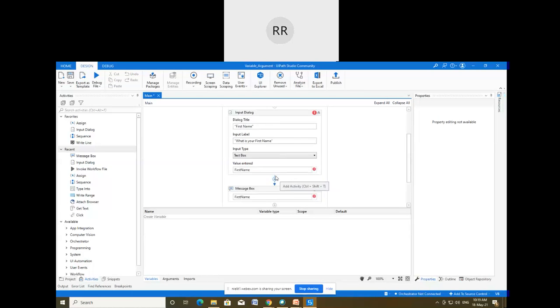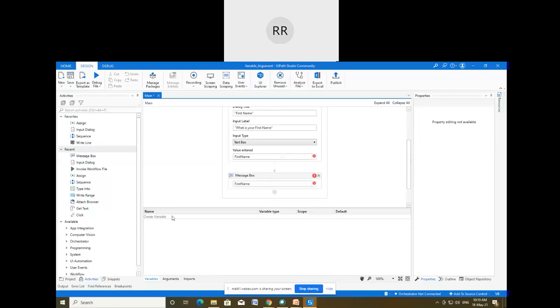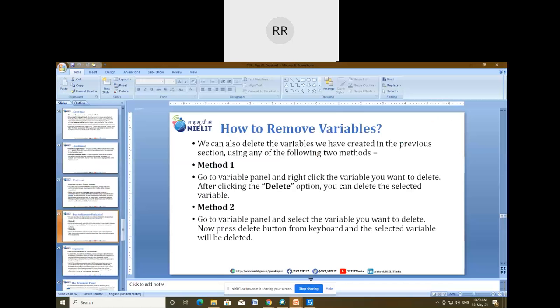You can see the variable which I created with the name first name has been deleted. So for deletion of any variable, we have to open the variable panel, and then with the help of the mouse, click the left button and choose the delete option. So this is the method.